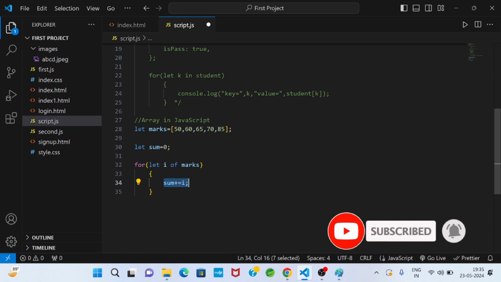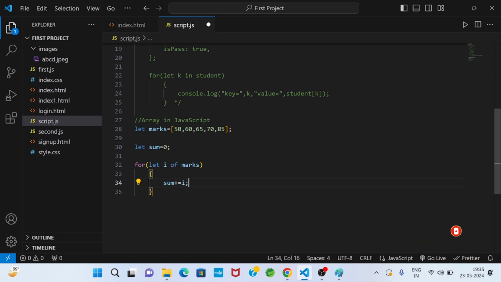Then 65 will come to i, and the body will execute again. Then 70 comes to i, the body executes again. Then 85 comes to i, the body executes again. Then there is no data item, so the loop will terminate. This is the concept of the for-of loop. When a data item comes to the loop variable, the loop body executes, and after that control goes to the next data item.